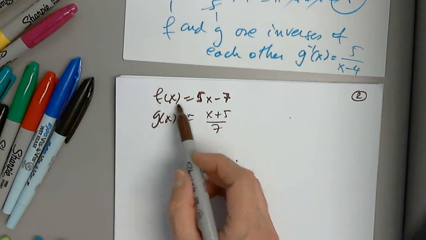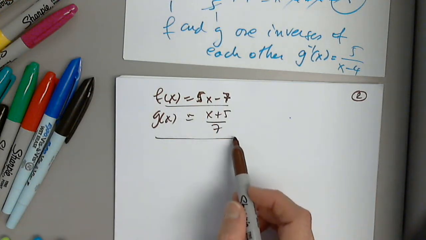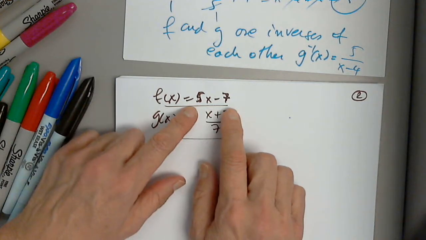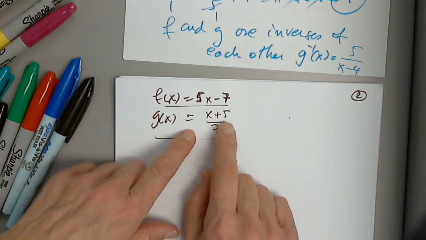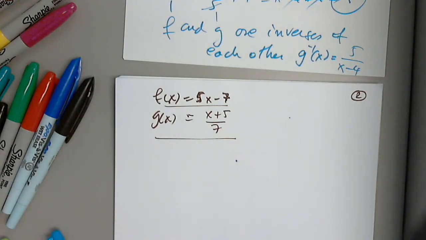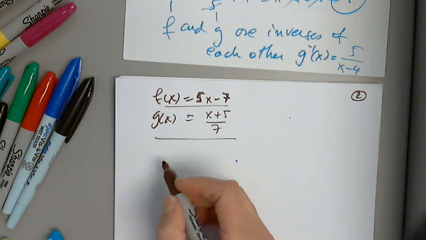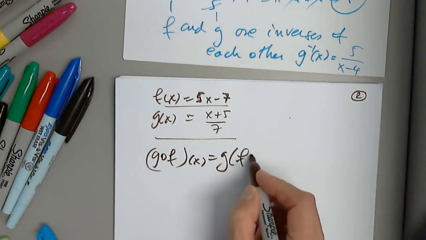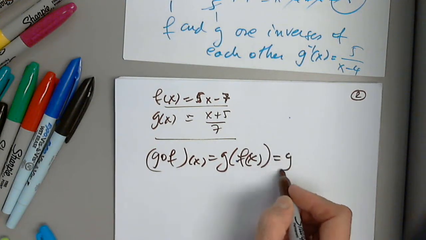So we have f, I don't know what, and we have g. But what is the question? Is this correct, 5x minus 7 for f? Is this correct, x plus 5 over 7 for g? So what are we calculating? You said g comp f or f comp g? Is it ball or golf? It's golf. Okay, so let's find g comp f, which is g of f of x, which is g of